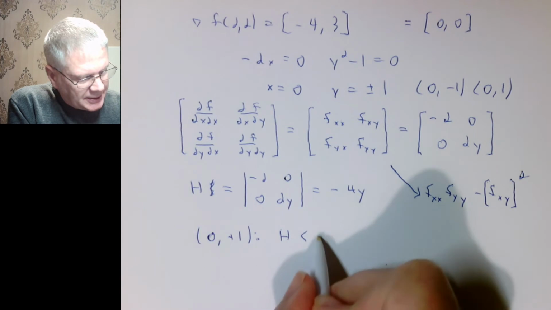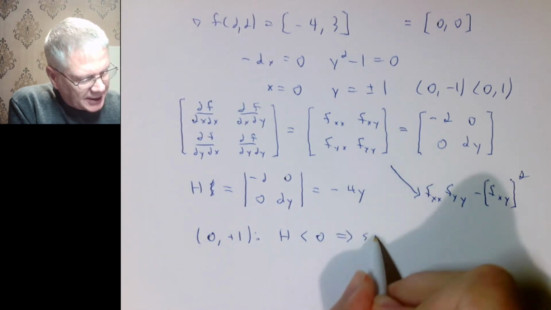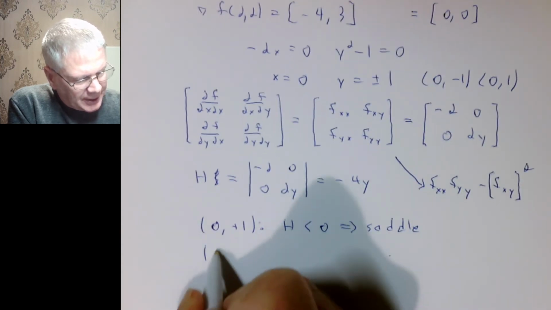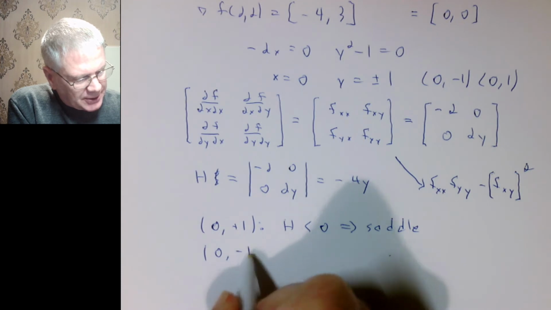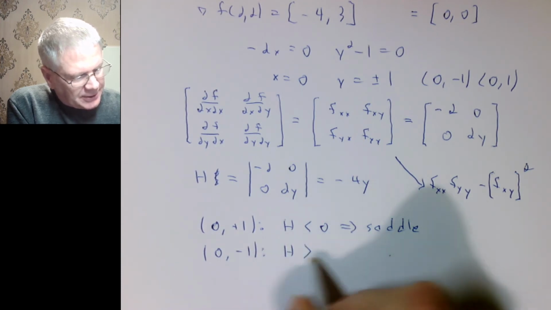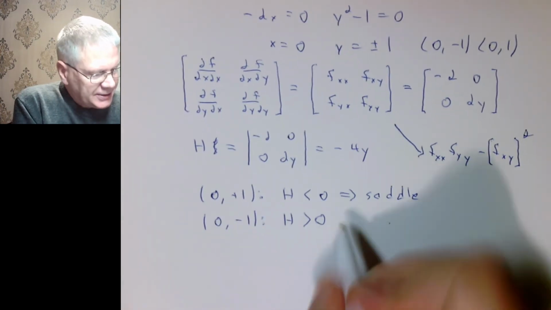It's less than 0. And if it's less than 0, that tells me that that point is a saddle. And if it's 0 and -1, we have a Hessian determinant of greater than 0, and that means it's a